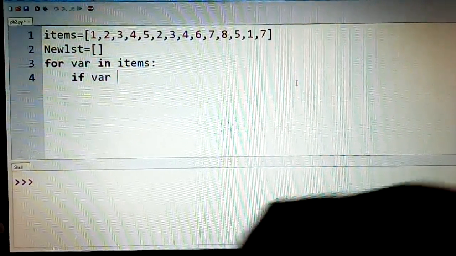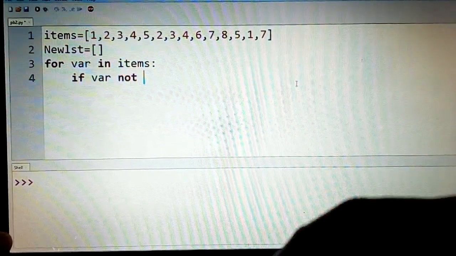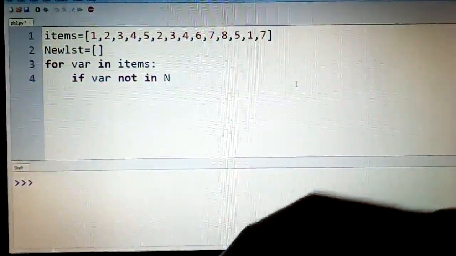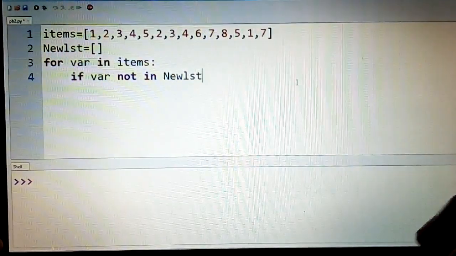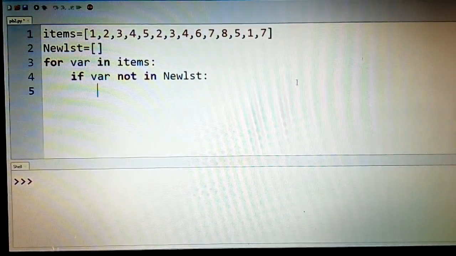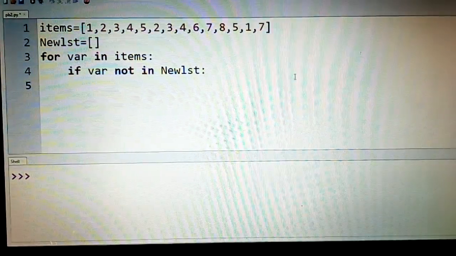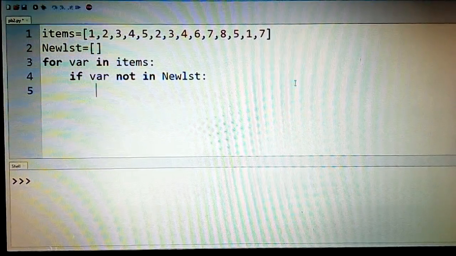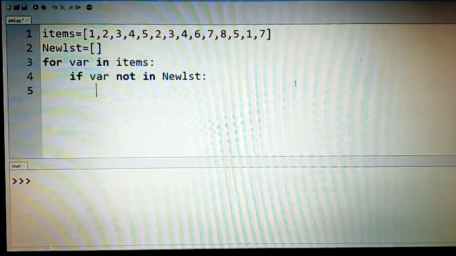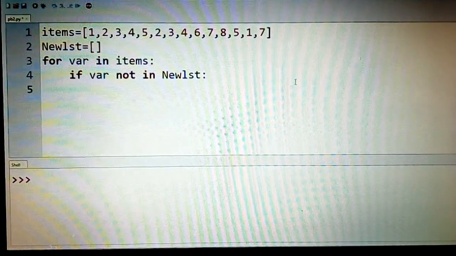So we'll say for var not in newLST, then we'll keep on adding it to the list. Now how do we add it to the list? If you can recollect from one of the previous lectures, we have a method called append.